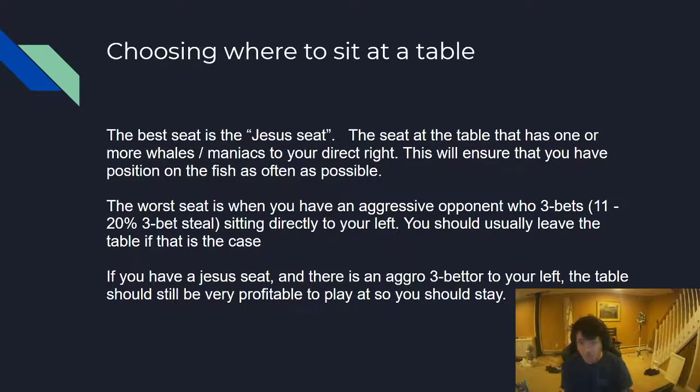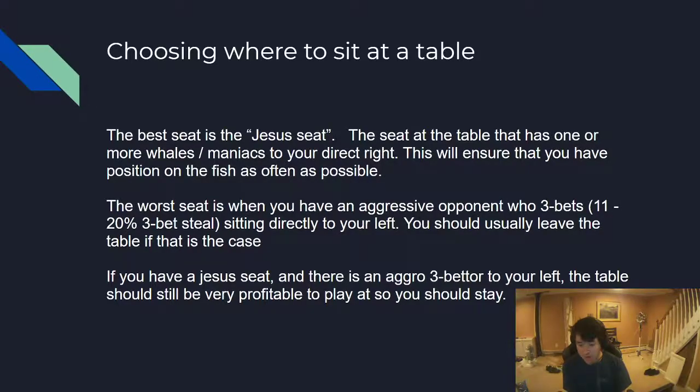And also, the seat that we want to be avoiding is the seat that has an aggressive opponent, someone who 3-bets about 11 to 20% of our steals sitting directly to our left. If we have a regular or even a recreational player sitting directly to our left who has this super aggressive 3-bet tendency, we usually just want to be leaving the table. It's not worth trying to fight them, especially when there's better tables to play at. And